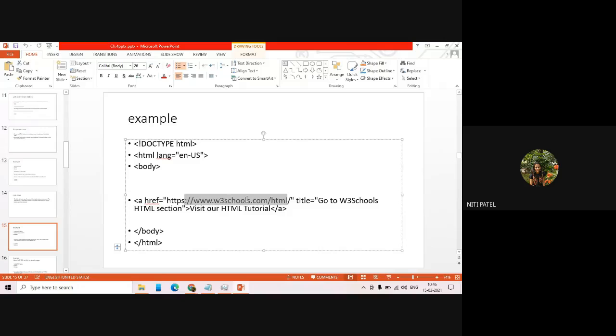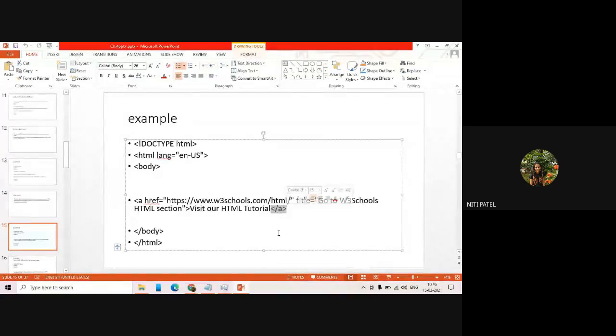But when I move the mouse over it, it will show the tooltip that says go to the W3 Schools section, because I have mentioned it inside the title attribute. The entire href attribute and the entire title attribute are part of the A tag. This is where your A tag opens, and this is the end tag of A.